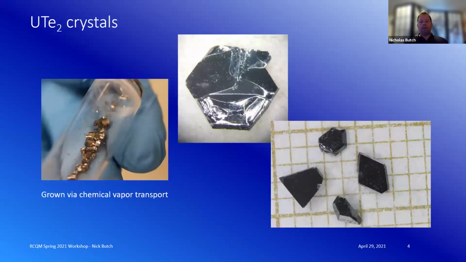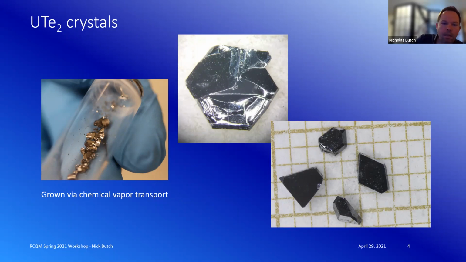Okay, so since we grow crystals, I always like to show these things. I say this every talk, but I think it's helpful to look at them. And just to remember these things came from nothing. We mix uranium and tellurium. And in this case, we use iodine as a transport agent in chemical vapor transport in sealed quartz tubes. And you get single crystals if you do it right. The scale here, on the right, is millimeter size. So these are not typical, shall we say. You get a lot of small crystals and then you get some bigger ones.